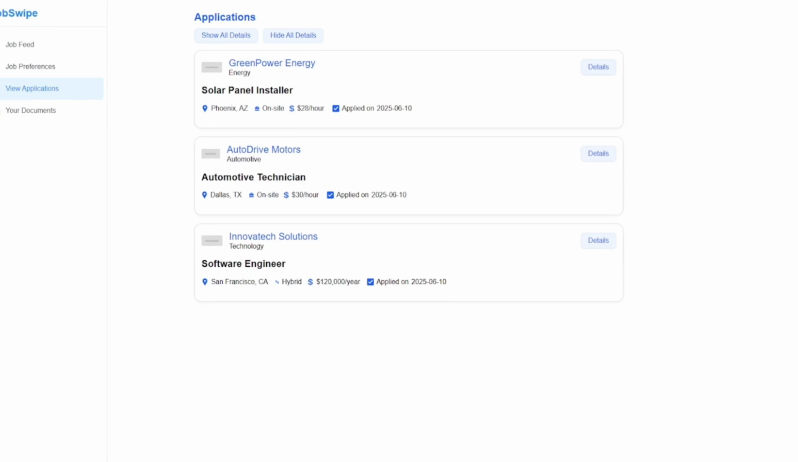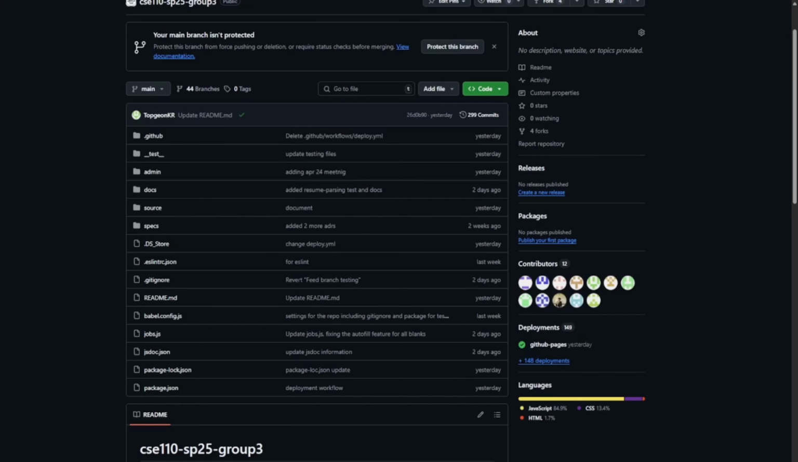Each card shows key job information and has toggles to expand or collapse details. Users can delete applications here, which sends them back to the main job feed if they want to reapply later. Next, we'll take a look at a GitHub repo,